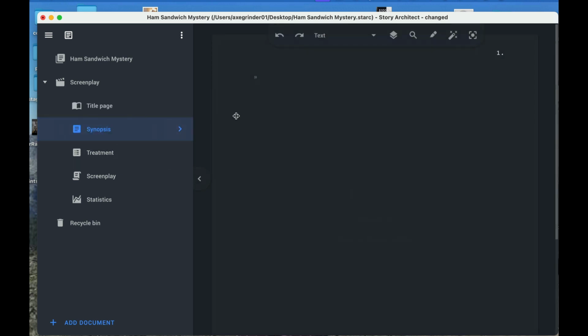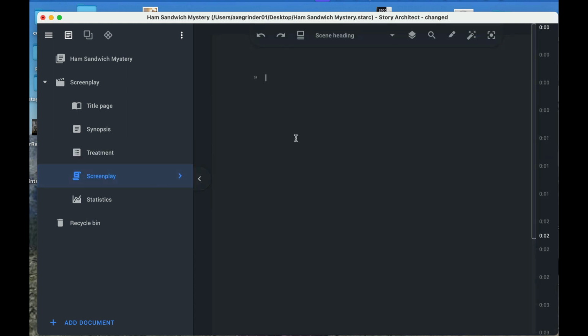You can do a synopsis if you want to write a synopsis out. If you want to do a treatment, you can write a treatment. If you want to start the actual screenplay, you can do that. Before we get too far into it, the first thing we need to do is make sure that the spell